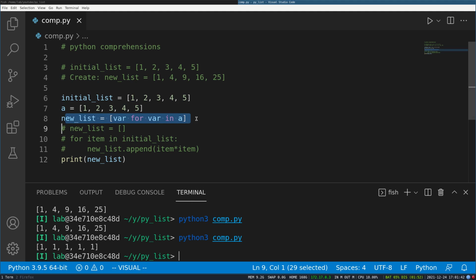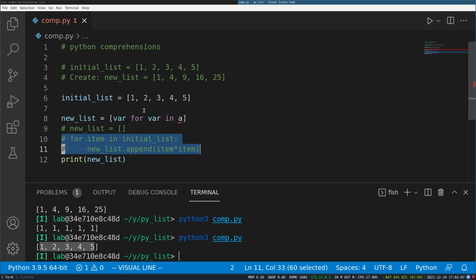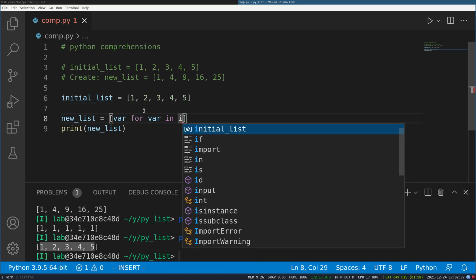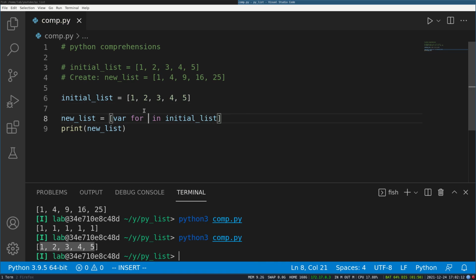So if you try to see here, I am iterating over A, and for every variable I want to insert the same variable in the new list. So it will actually make the exact copy of A. Let's verify that. So in the new list I have the exact copy of A. I think that makes sense, and I will revert it back to our initial code.